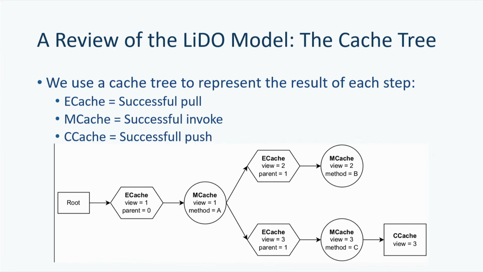Here's an example. So you can see here that since Ccache represents a successful commit, and we don't have Ccache in the second view, shown on the top right here, it's perfectly fine for the third view not to follow the second view and simply append from the method of the first view. You don't have to understand this because later I'll give a step-by-step demonstration for a DAG-based protocol.